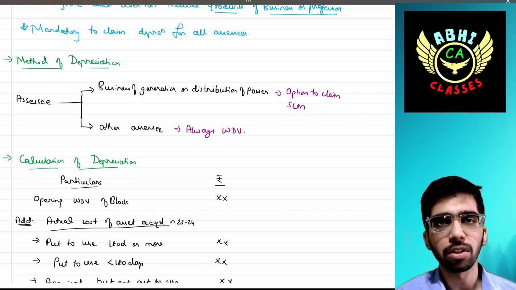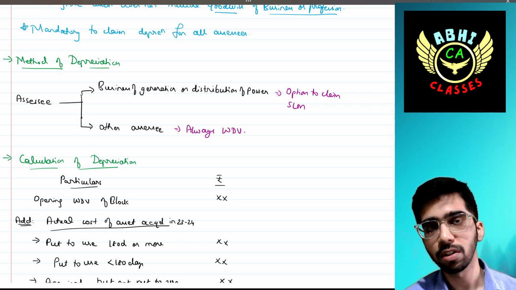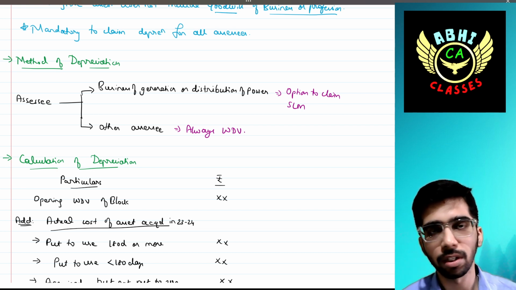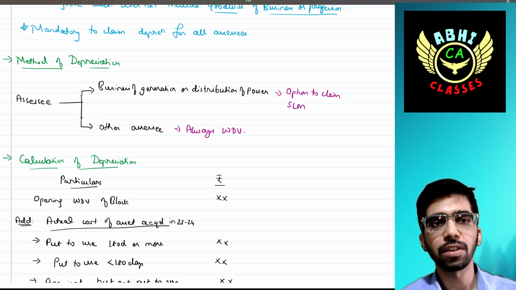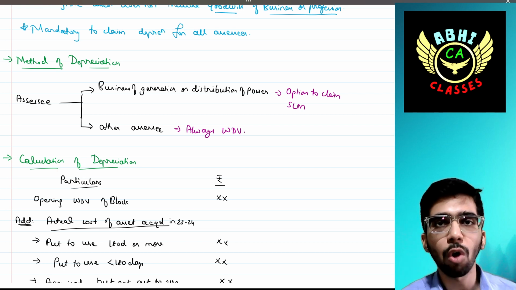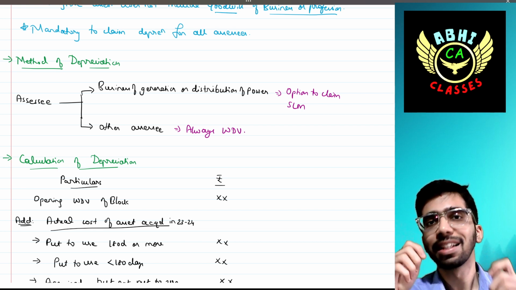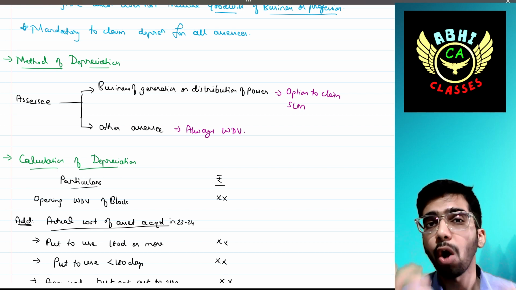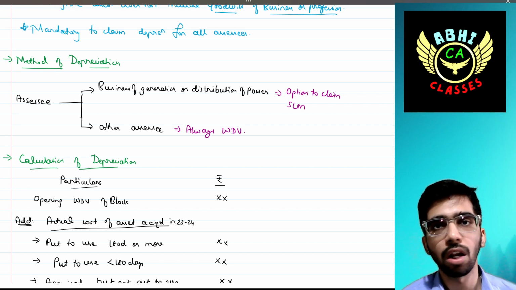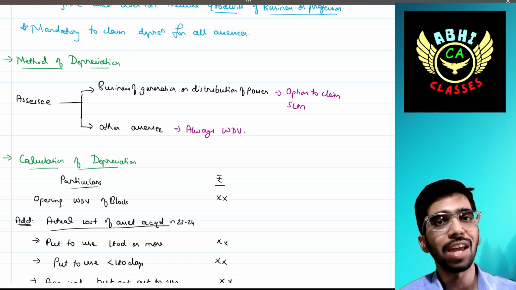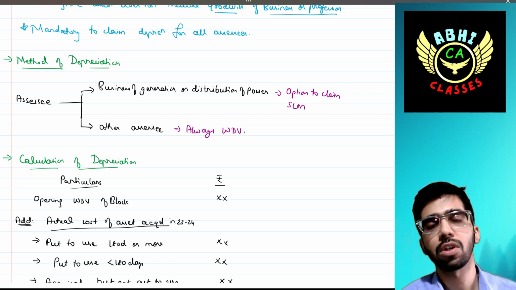The methods of depreciation. There are two methods of depreciation. The first one is the WDV method. The second one is the SLM method, that is the straight line method. If an assessee is having a business of generation or distribution of electricity power, then that business holder has an option to claim the depreciation under the SLM method. If it is any other assessee, there is only one option, that is to